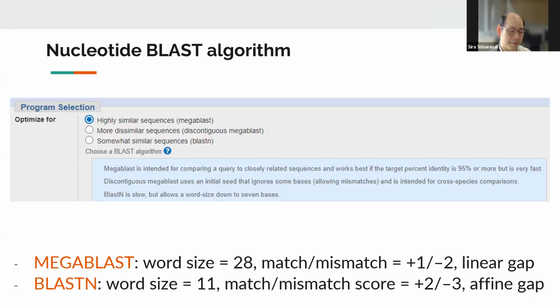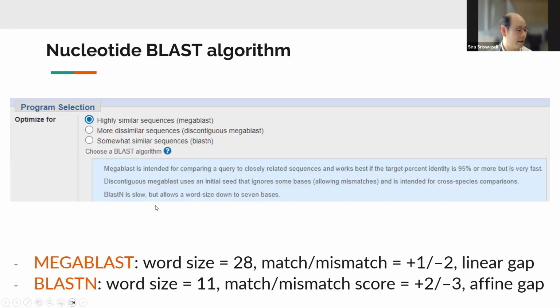And then the most important part, because we are a computational biology course, we want to pay attention to the actual algorithms. So the default for nucleotide BLAST on NCBI is called megablast. And megablast, they say that it's for highly similar sequences. And if you click on the description, it will tell you that megablast is intended for when your sequence is expected to be 95% or more similar to the database. So you basically want something that's very similar. And these are